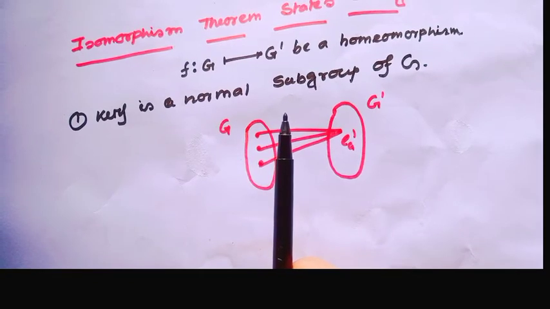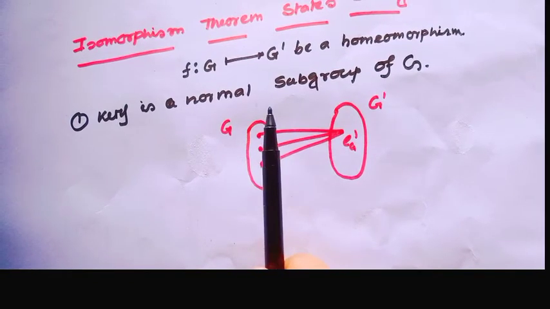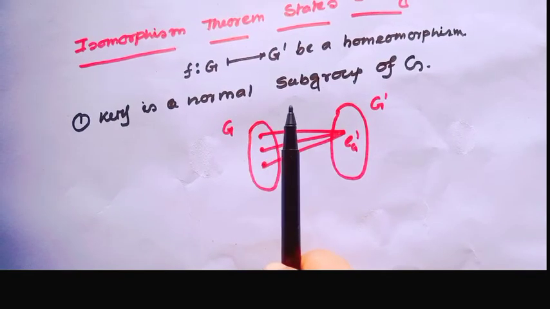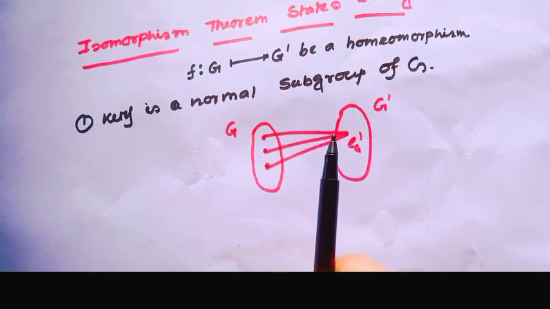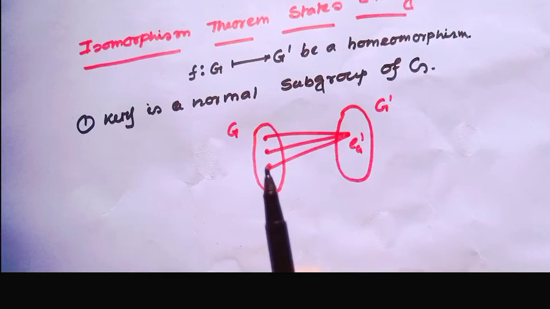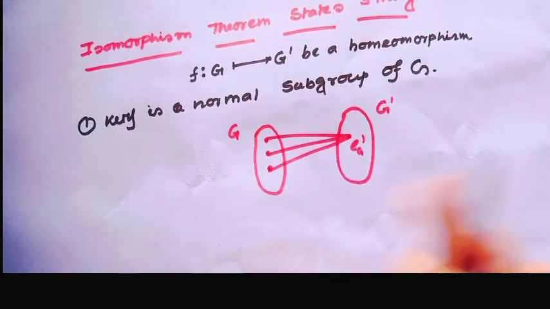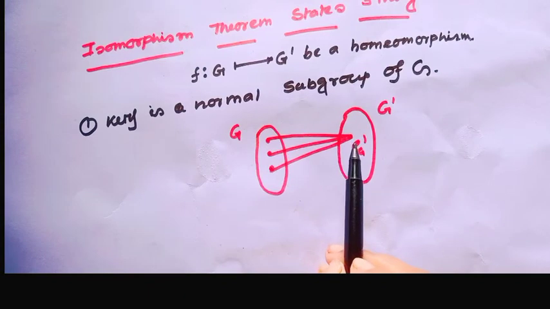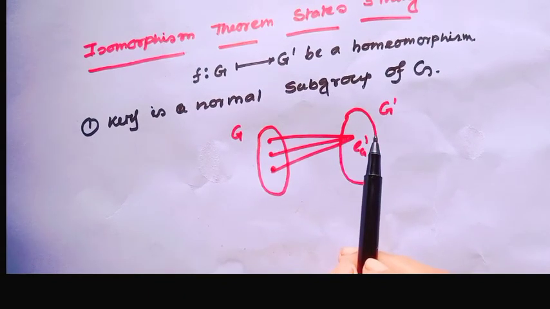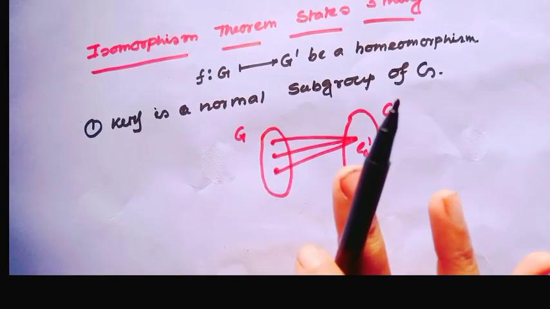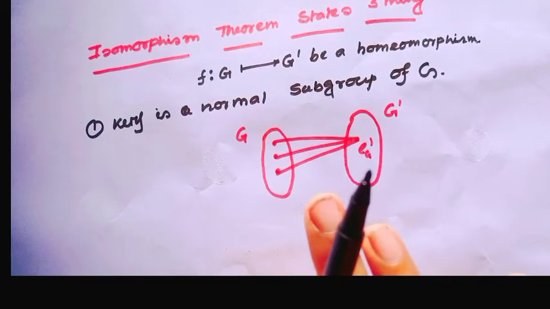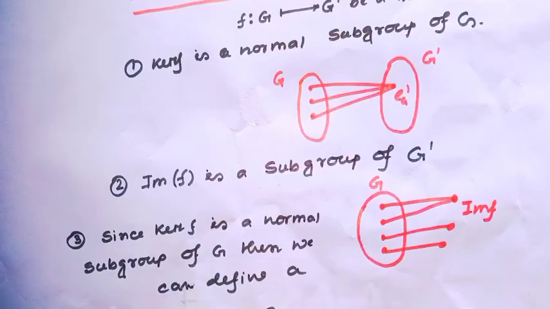I discussed in my previous video, if f is a homomorphism from G to G prime, then the kernel of f is a normal subgroup of G. The kernel of f is the set of all elements that get mapped to the identity in the group G prime. Since the kernel is a normal subgroup, the kernel looks the same from every perspective of the group. And the image is a subgroup of G prime. That means the whole group G maps to the image.